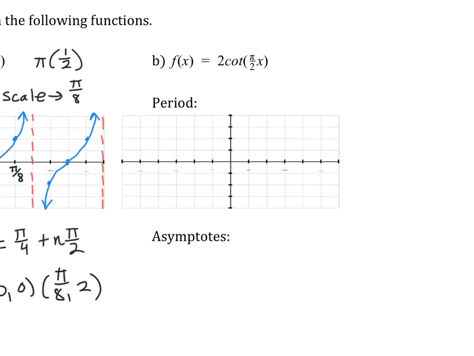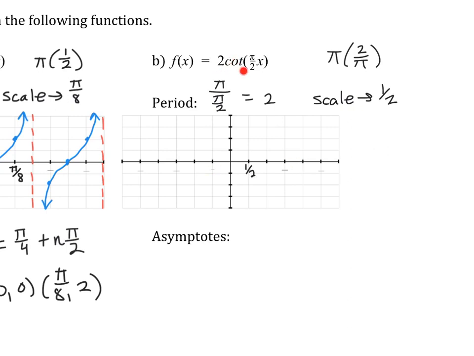Now, cotangent is a little different. So let's start by finding the period. Remember, we do pi divided by this value, and that will equal 2. Again, the reason why is we're actually multiplying by the reciprocal of our stretch or shrink factor. So we have a period of 2. So if I split that up into 4 parts, my scale is going to be every 1/2 unit on the